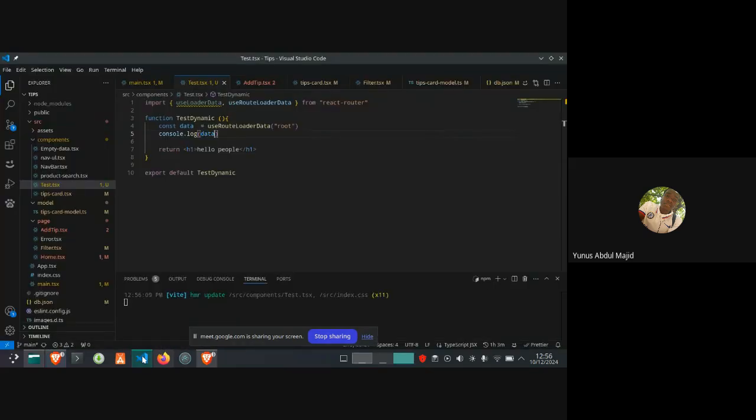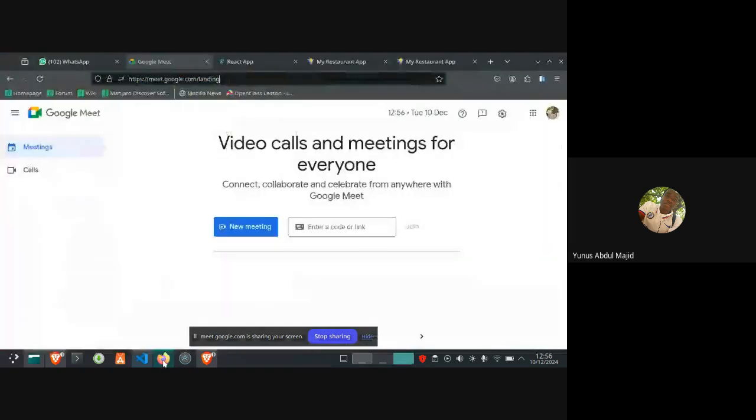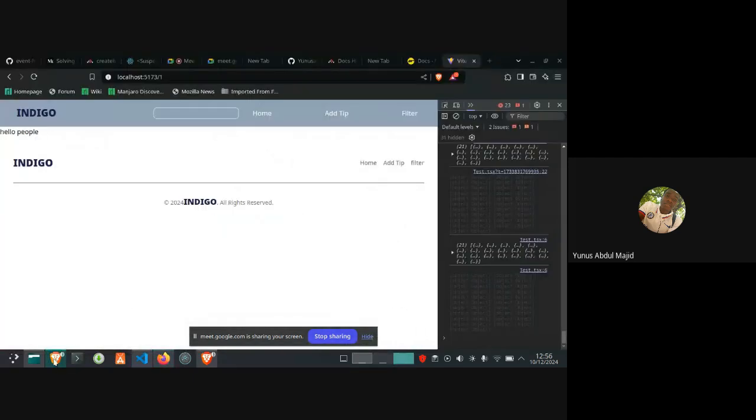So now I need a way to know which route, like to know the value up here. I need a way to get this value, this one.